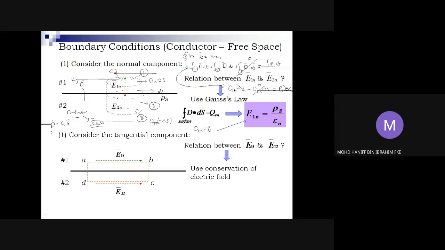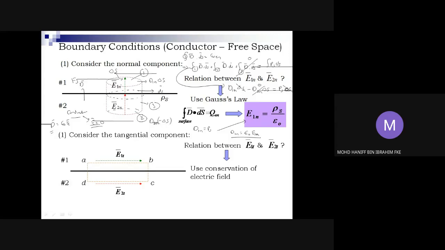As such, we can write that E1n equals rho s over epsilon naught, from the relationship D1n equals epsilon naught E1n, in which E1n here is